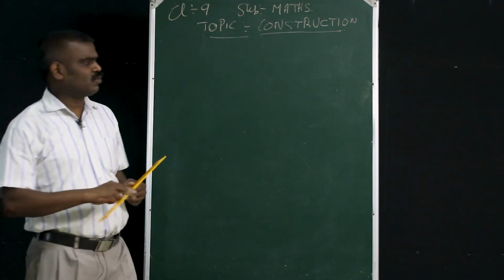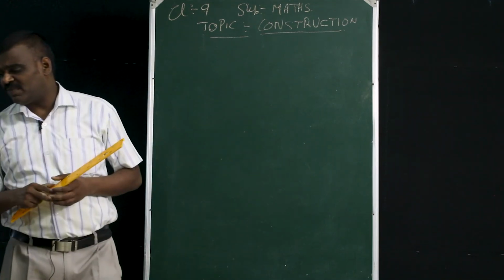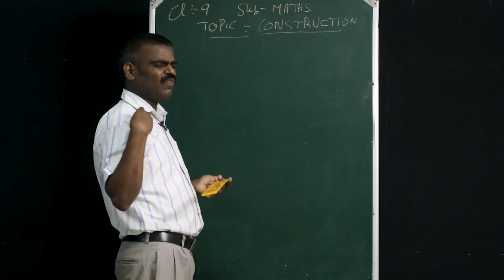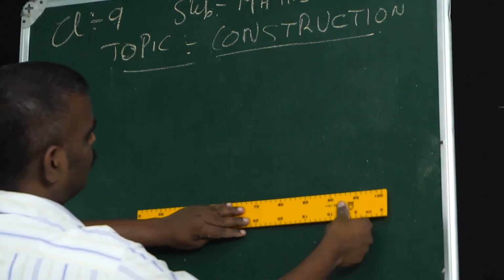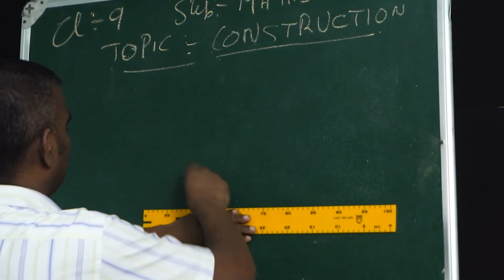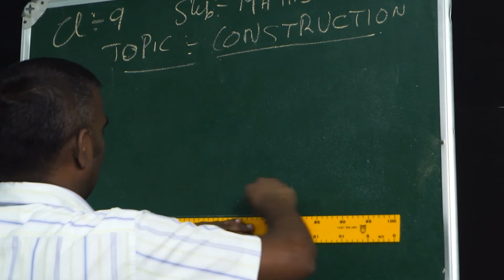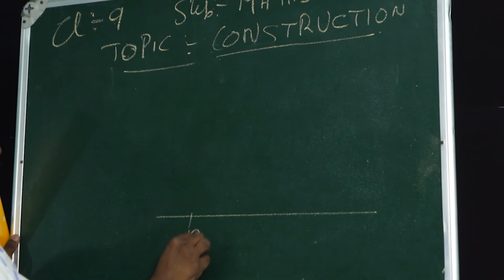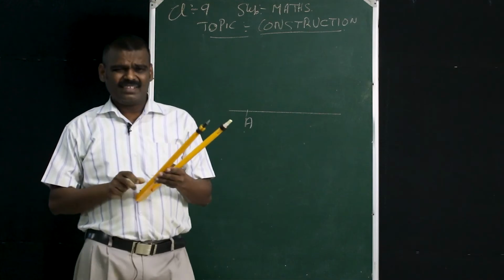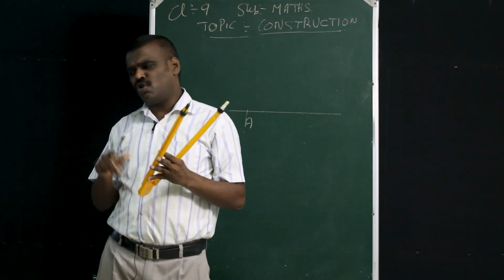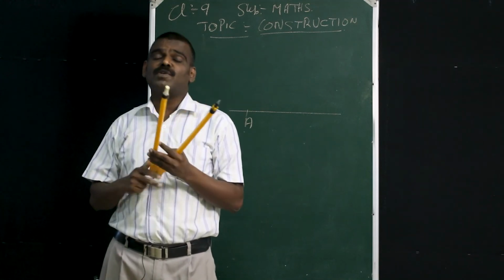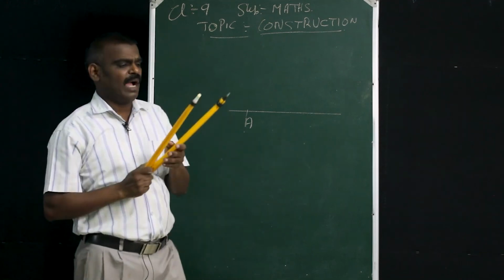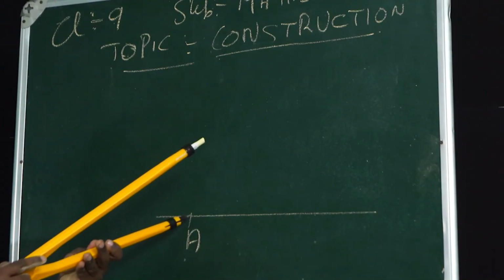Now let us see how to draw. There is no measurement given, right? Construct an equilateral triangle, only that much. There is no measurement given, so we can take our own measurement. Draw a straight line. You may give the name A. No measurement is given, so we are going to take our own measurement. You can take your own convenient radius. I am going to take this much. It's up to you.